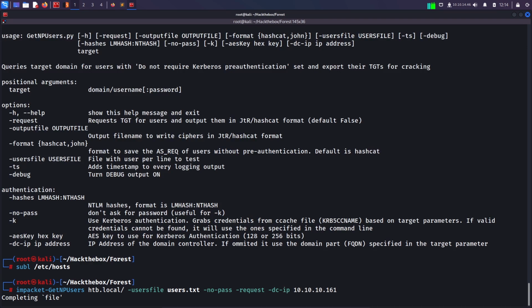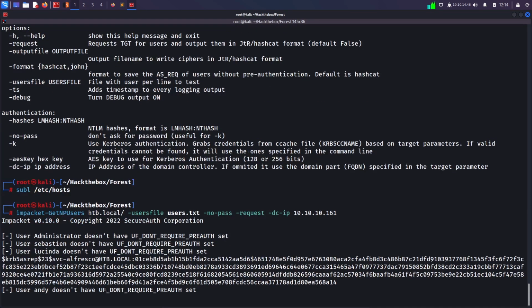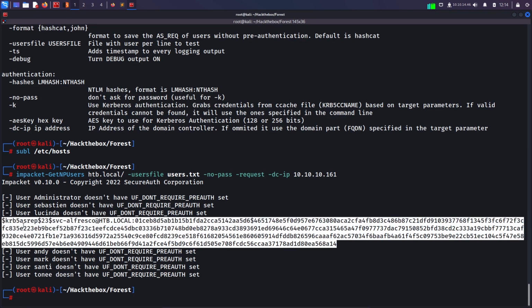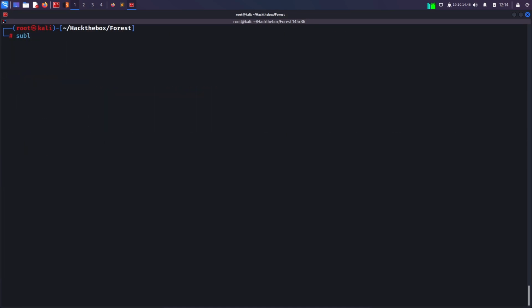And let's see if this works. Otherwise I will try some other stuff. And there you go. Right away I can see that svc-alfresco does not have Kerberos pre-authentication set, and we have got its TGT. So now, since we know the concept, we can copy this TGT and make it into a file. So let's say TGT alfresco,